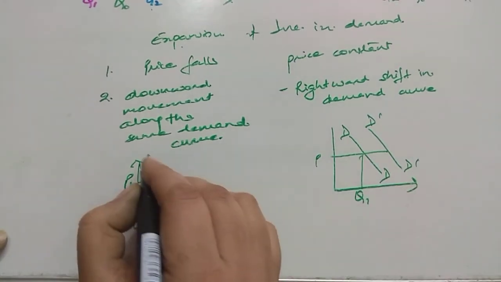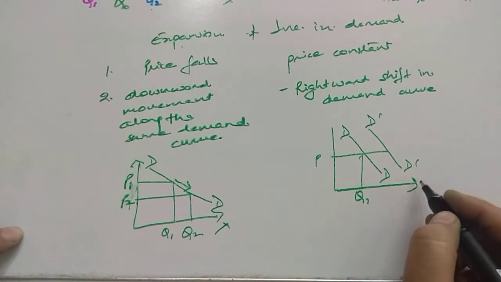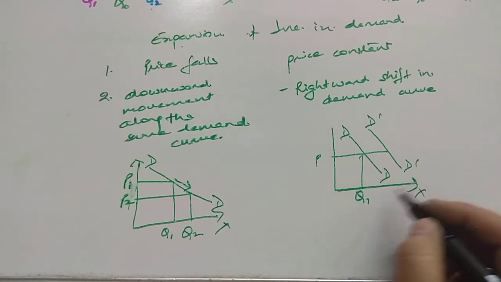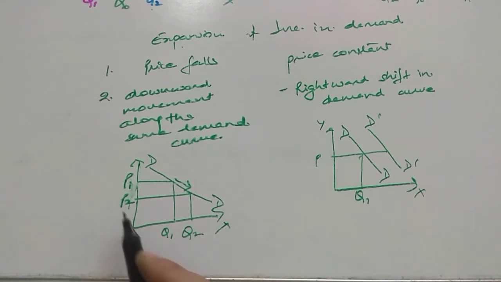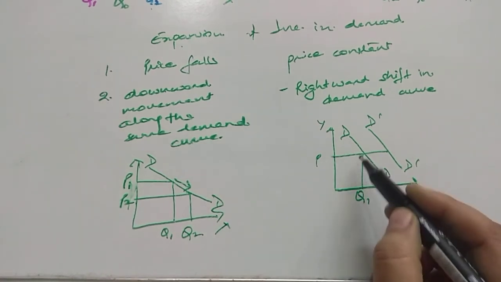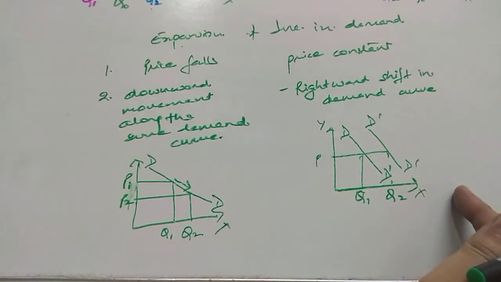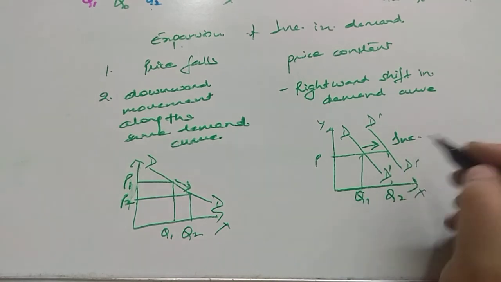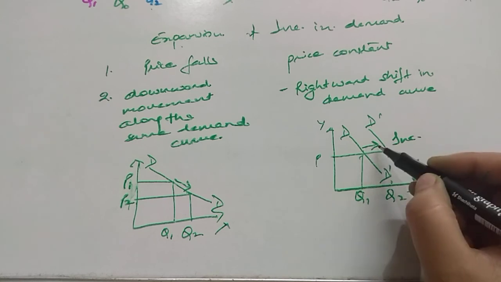Whenever you are making the diagram, you must always label or mark the graph. Label it, always label it. Label the x and the y axis, and what does the x axis represent and what does the y axis represent. So here you have to show the increase in demand. So at same price, the quantity demanded has increased because of change in the other factors. So this you will show with the help of an arrow. This is called increase. Please remember to mark this arrow here because this is showing increase in demand.